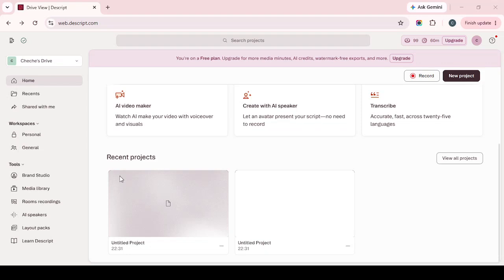In today's video, I'm going to teach you how to correct words in a Descript transcript. To get started, open Google Chrome and go to web.descript.com. Once the page loads, sign in to your account if needed, and open the project that contains the transcript you